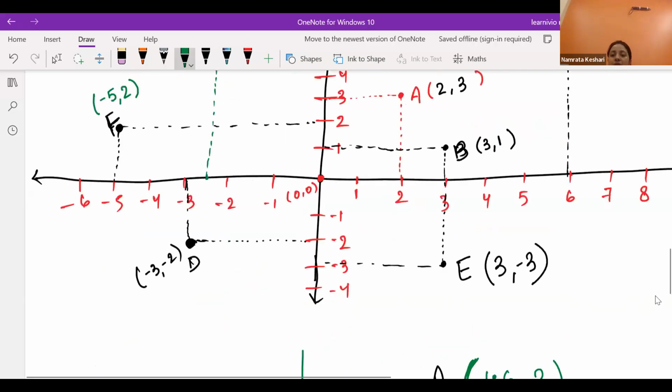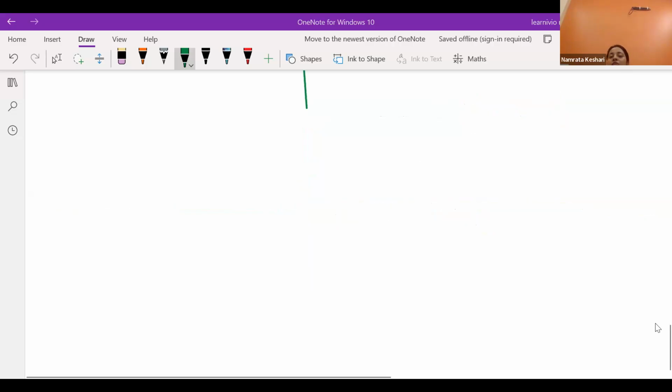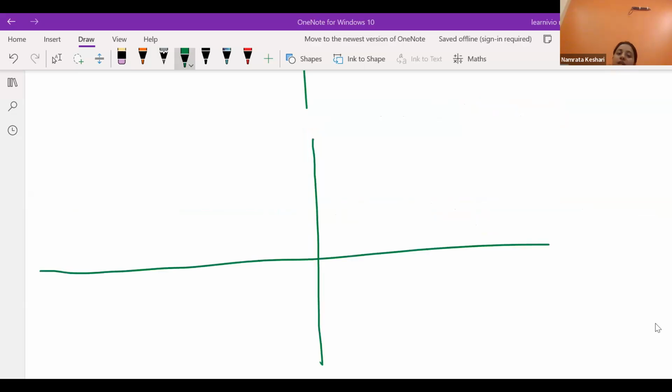how to identify the address. But what if I tell you that this type of point will be given to us and we need to locate it by ourselves? Okay, so let's see that also. If we have to locate it by ourselves,